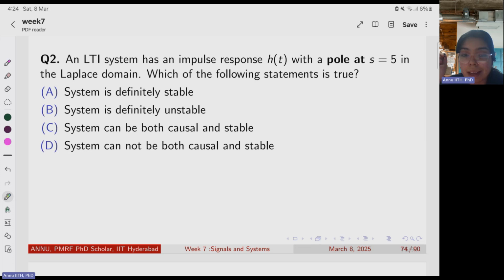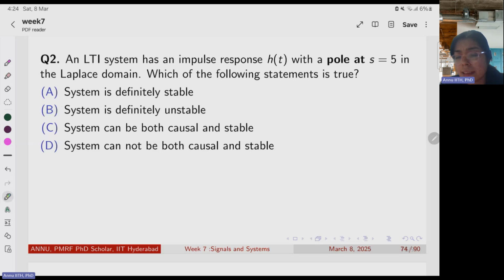How to solve? So simply the pole is s plus 5. What does this mean? It means that the pole is lying in the right half. So first of all, it is definitely unstable. So this was the first point. Okay. Second is